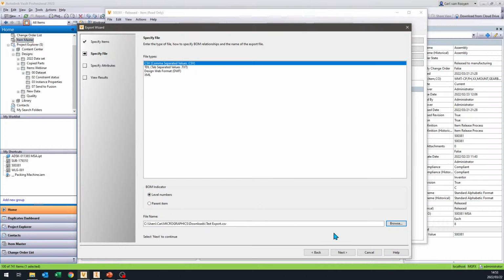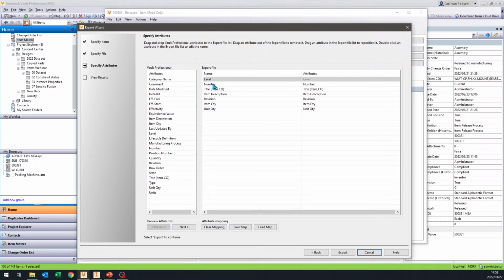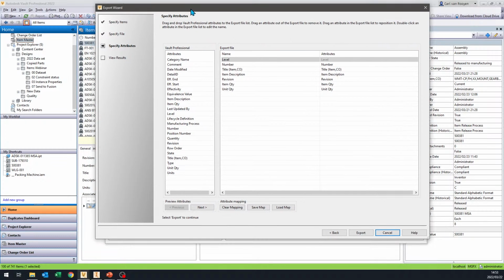You can confirm your location, click next, and then we get the mapping. Now I did this earlier. I dragged attributes from the left hand side across to the right hand side, and you can see here if I want to check the units, I'm going to drag units across to the right, and that would then include the units attribute in the